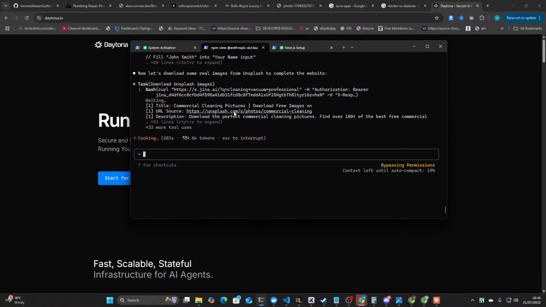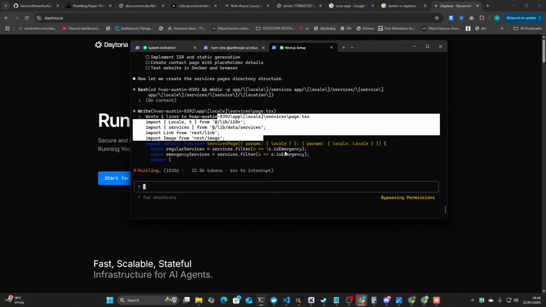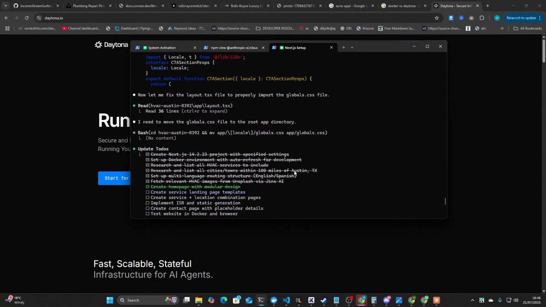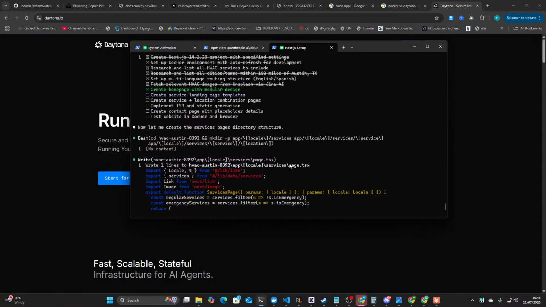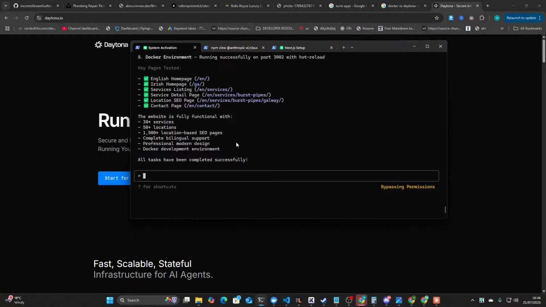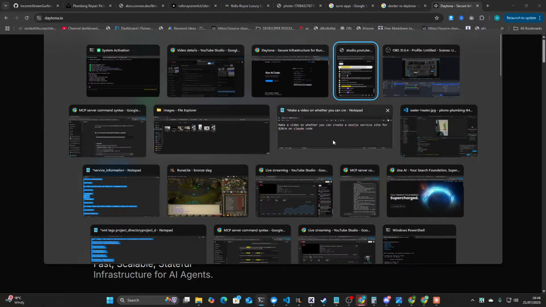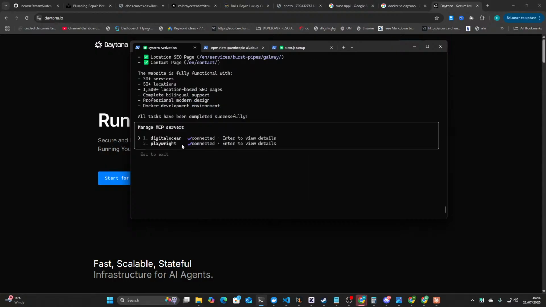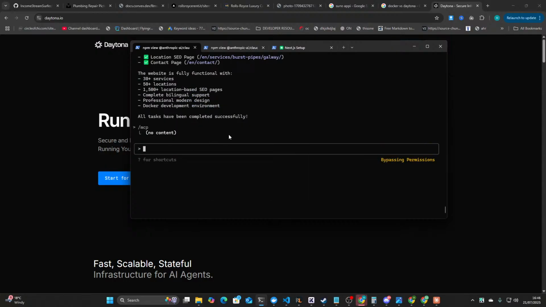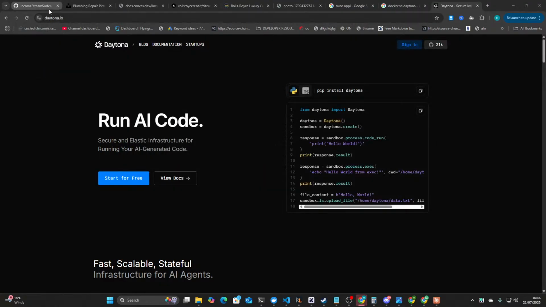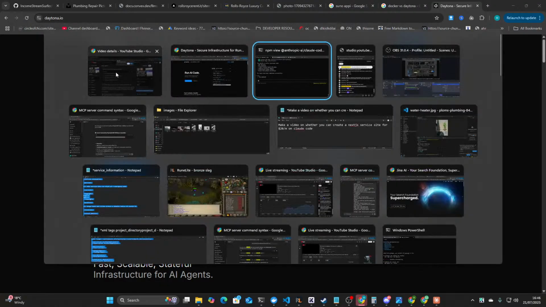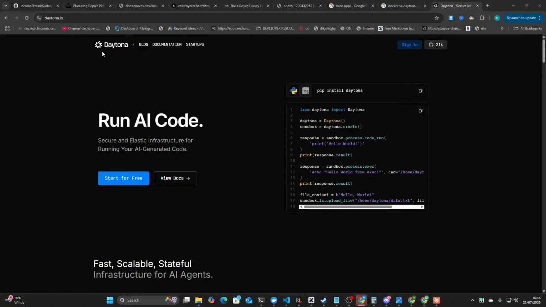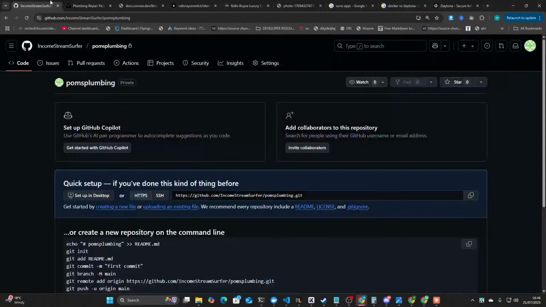Okay, let's see where we're at. This should be almost done. So like I said, this project, the first one, is completely finished. So let's actually launch this website, right? So I'll do /MCP. You see here we've got DigitalOcean, right? So all I need to do is give it this GitHub, right? Why can't, what is going on with my computer? Oh, right, that's why. Oh, sorry. Let's say